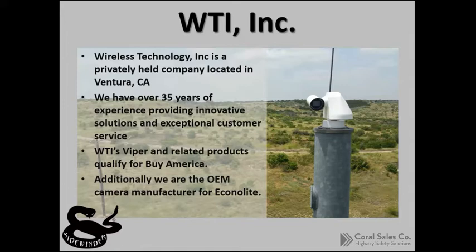So the company's been around since the early 1980s, and we've got hundreds of thousands of different cameras out there. A lot of them don't have our name on them. We are like an OEM manufacturer for Econolite, and in the past we've been for other manufacturers as well. So we've got hundreds of thousands of detection cameras out there. But what we're going to talk about today is our surveillance camera solution, as well as, like Damien said, the